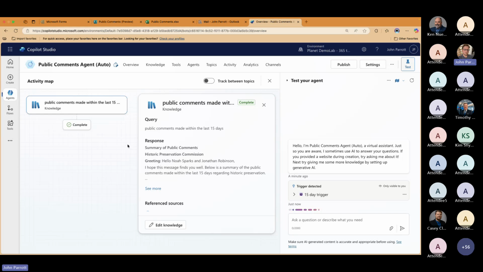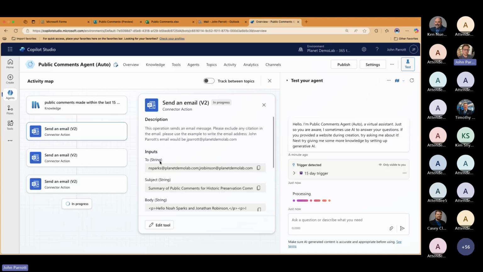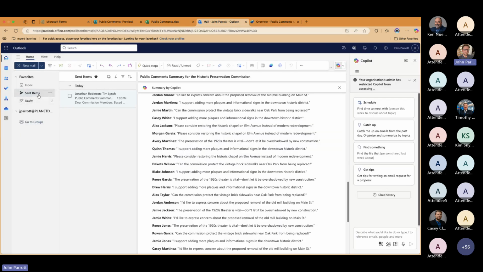In this case, I've gone ahead and said, hey, send an email to 3 different commissions and look at their individuals. And as you can see, it's already writing out my responses. And boom, 3 emails have been sent. If I go back into my mail option and look at my sent items,